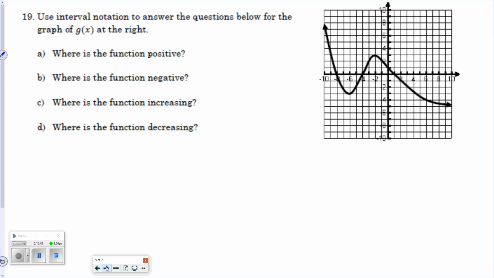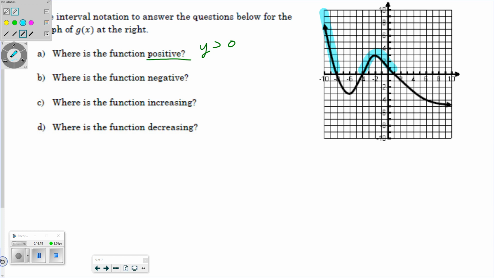19. Use interval notation to answer the question below for the graph of g of x to the right. So I'm asked, where is the function positive? So we want the function to be positive. We're saying you want y to be greater than 0. Not equal to it, but strictly greater than 0. 0 is not positive or negative, it's just 0. So I need to figure out, well, where's my graph positive? And if I look at it, my graph is positive